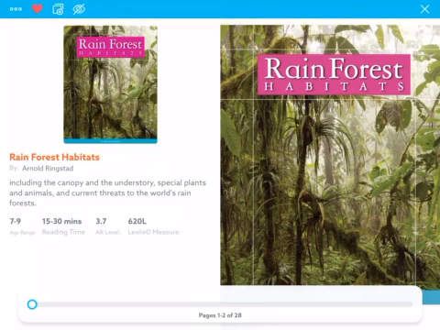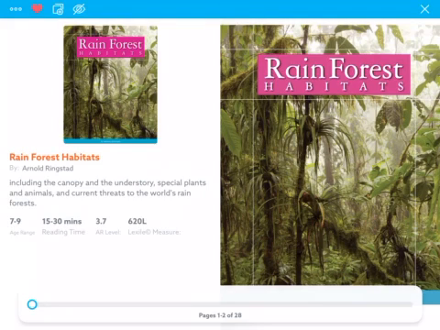This is by Arnold Ringstead again, and this is just one of my favorite things I've done this week, focusing on the same author, similar kinds of ideas, just about these different kinds of habitats. I could have done a totally different skill, like compare and contrast these different habitats for similarities and differences. It's something you can even do yourself. Create one of those double bubble maps or a Venn diagram. It could be a fun extra special project you could do, and I would love to see those in